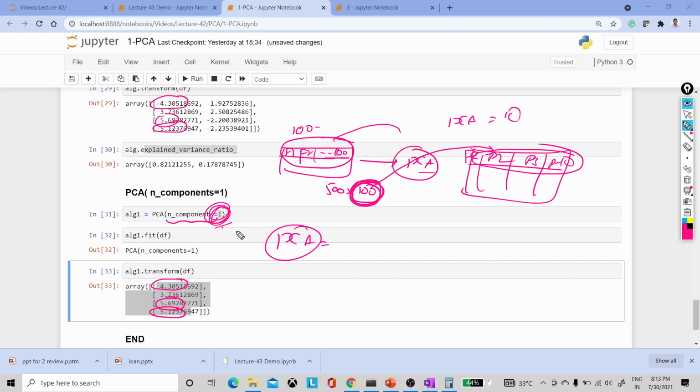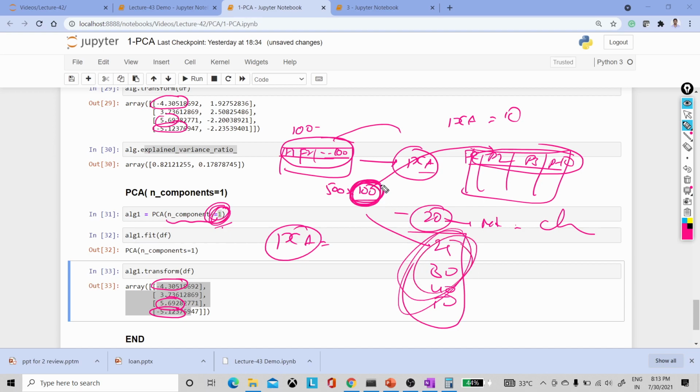So out of 100, if you give 20, you can feed these 20 components to your model and take the results, and then you give 25, 30, 40, 50, but nobody can tell you how many components we need out of the 100 features for training our model to get better results while reducing the dimensionality. Instead of taking 100 features, if you take 10 components, then automatically the time complexity will be reduced, and it will train our model faster and give the result very quickly. That's why PCA plays a key role if your data set has more dimensions.